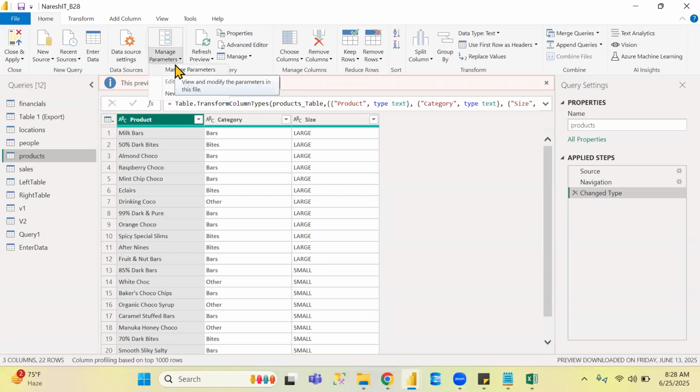Very, very important one. What is a parameter? Parameter is nothing but runtime execution is called as a parameter. See, at the time of running of the report,